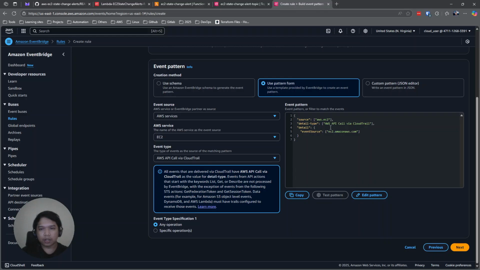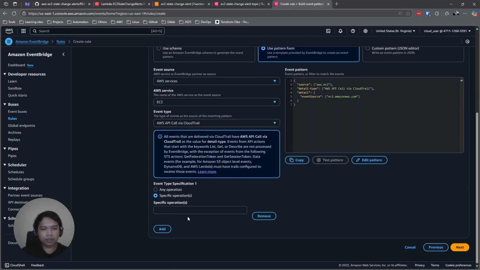As we can see here, I created the event pattern with the event source ec2.amazonaws.com. For the specific operations, we're just going to put here the different kinds of event names. For provisioning, we have RunInstances.